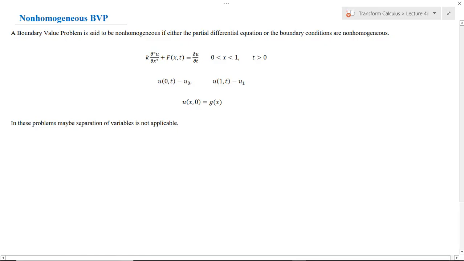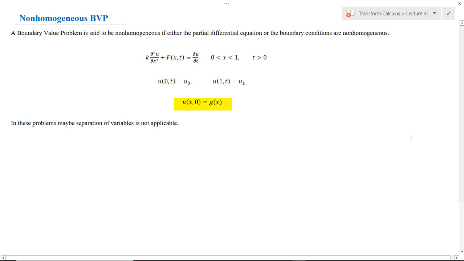For example, here we have one partial differential equation, k times the second derivative of u with respect to x, plus f of x and t, equal to the derivative of u with respect to t. Here we have f of x and t, so this partial differential equation is non-homogeneous. If you look at the boundary conditions, u of 0 and t is equal to u0, u of 1 and t is equal to u1. The boundary conditions are also non-homogeneous,